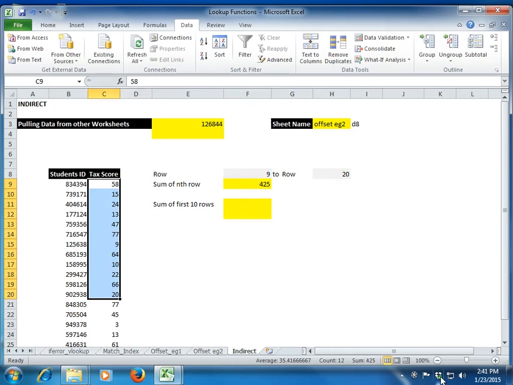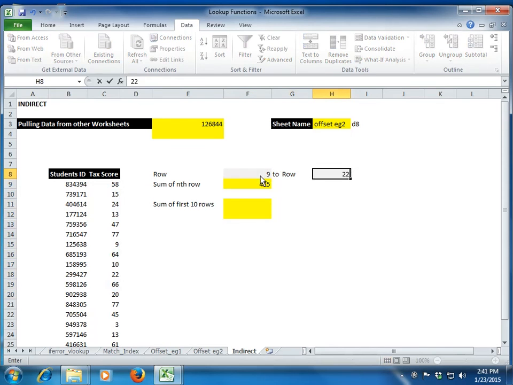You see that the sum is equal to 425. Clear? Now I have made this formula dynamic. Instead of C9 to C20, I want to see the sum to C22. I am getting the output. I can change it to C12 and still get my answer. So if you want to make your cell range dynamic, we cannot give it a direct reference, and in that case we have to use the INDIRECT function. Always remember that when you are using text in the INDIRECT function, it has to be in inverted commas, while the cell reference can be without inverted commas.